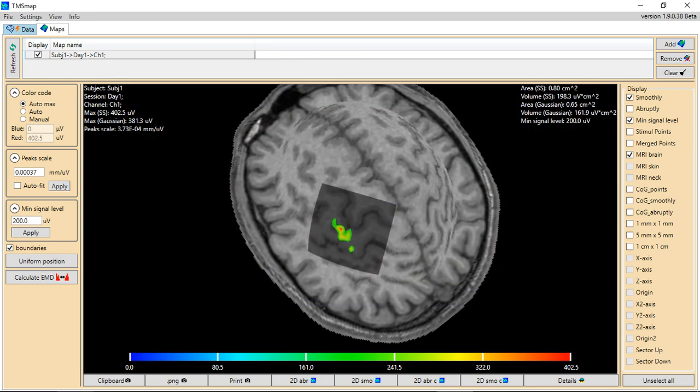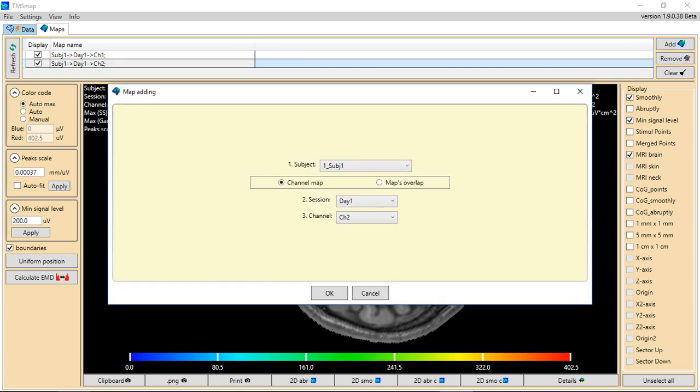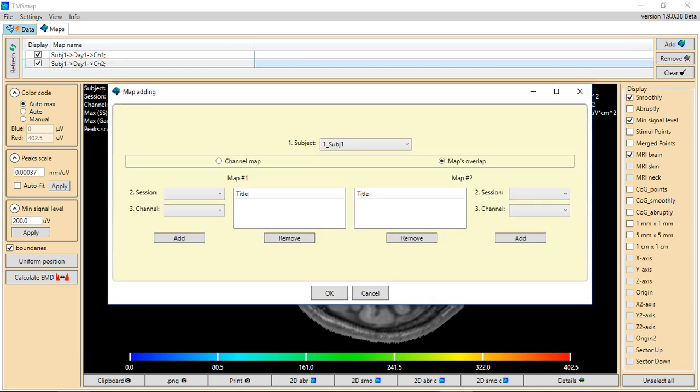Okay, so it will appear here in a second. Yes, and let's add at the same time the overlap of this channel 1 and channel 2 maps. So again I press add, and now I choose this option, maps overlap, and you can choose whatever amount of maps to have the overlap. So here, let's say channel 1, add, and here again day 1 channel 2, add,